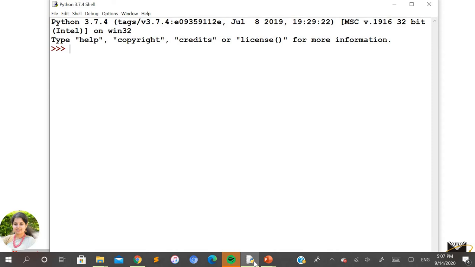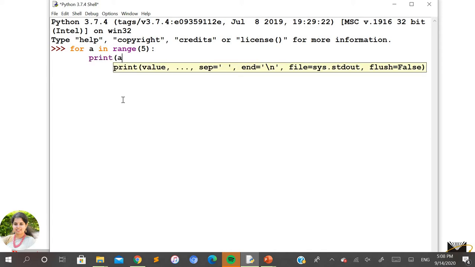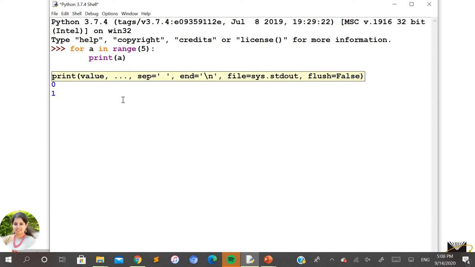So let me use a very simple for loop. Use a for. As you can see, I'm not declaring any iteration variable here. So instead of i I'll take it as a, but in is a mandatory word here. Range of 5 and followed by the colon. So this is the basic syntax that is required. Press enter. You can see the cursor is pointing to a space by maintaining a tabular space, which is the indentation here. So I'll print that value. Print a. Just press the enter one more time.